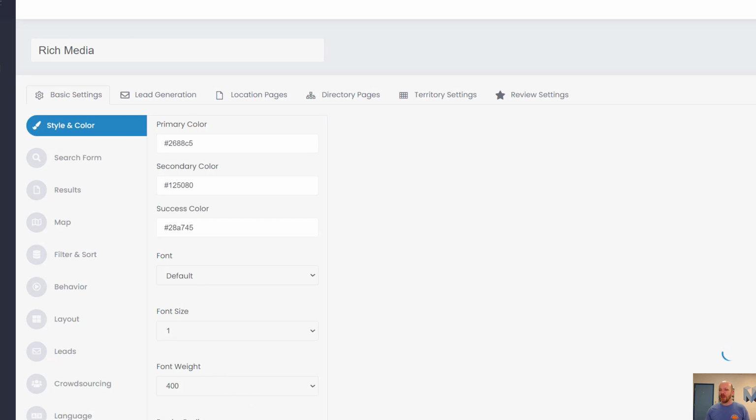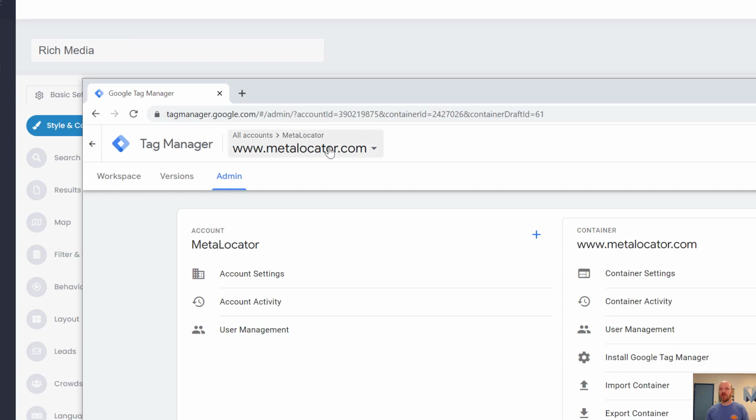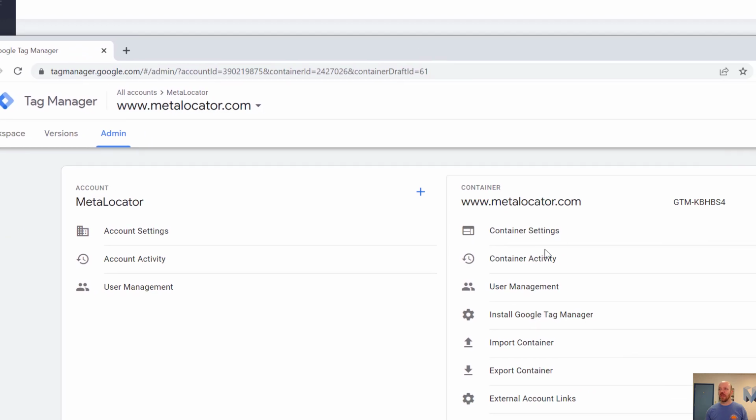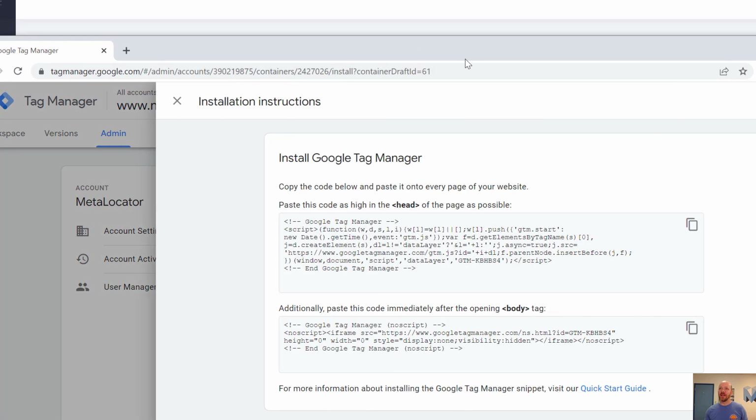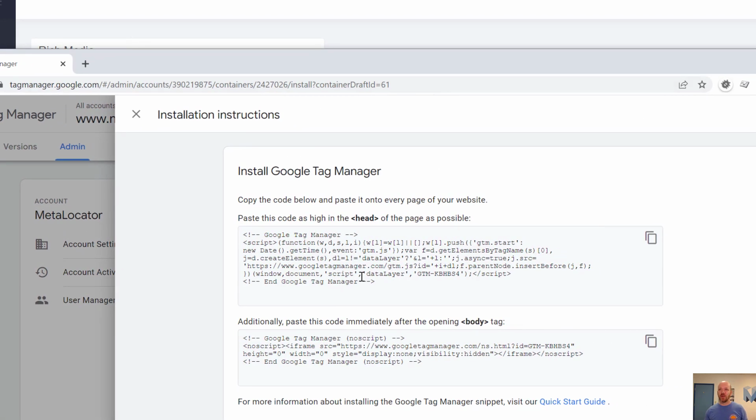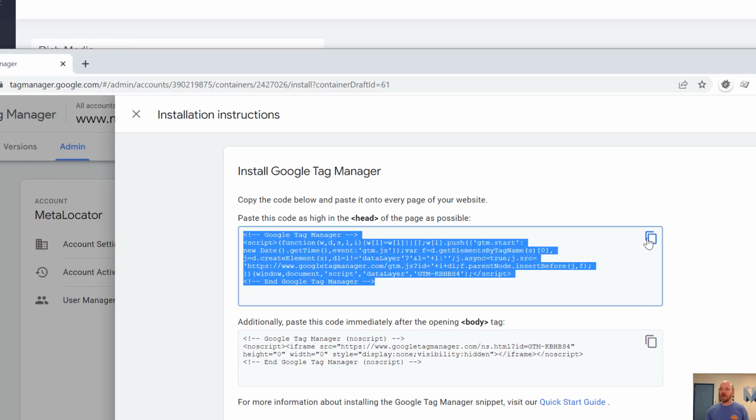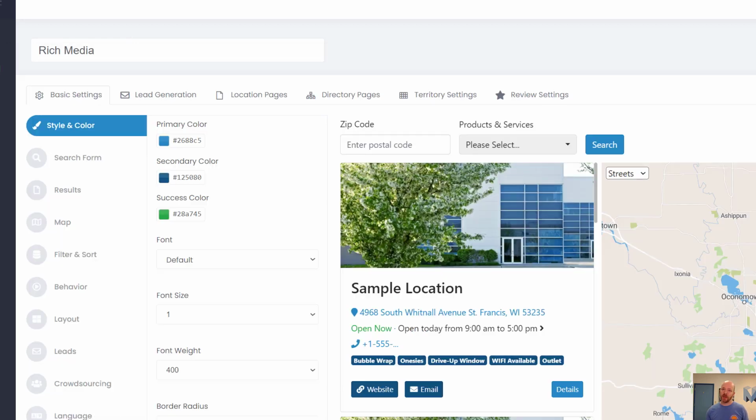And while that's opening, I'm going to switch over to Google Tag Manager, and I'm going to open up the Tag Manager workspace that I'm going to be using for this. I'm going to go to Admin. I'm going to click on the Admin tab and then click on Install Google Tag Manager. That's going to give me 2 pieces of code. One of them is labeled to put in the head, and the other is labeled to put immediately after the opening body tag. So I'm going to copy the first one,